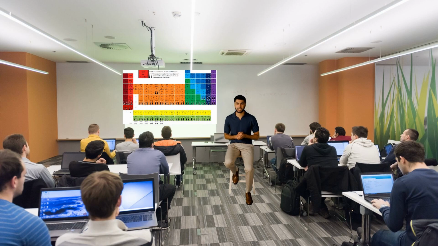Each element also has a specific electron configuration, which describes how its electrons are arranged in shells and subshells around the nucleus. The electron configuration influences the element's reactivity and its place in the periodic table. For instance, the noble gases have full outer electron shells, which makes them stable and unlikely to form compounds. On the other hand, the alkali metals have one electron in their outermost shell, which they readily lose to achieve